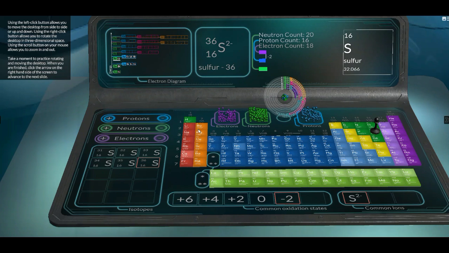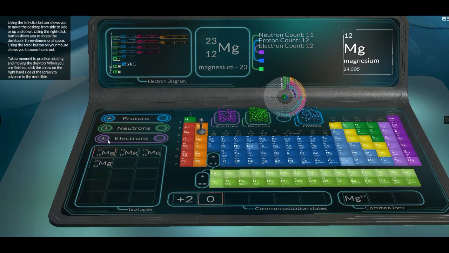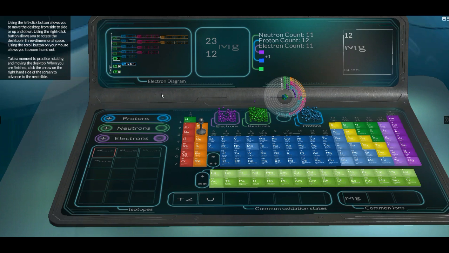If we subtract electrons, we get various ions of magnesium. And we allow the learner to play and make ions and atoms that do not exist, but when they get to an atom or ion that exists,